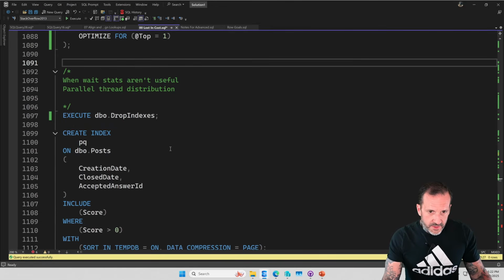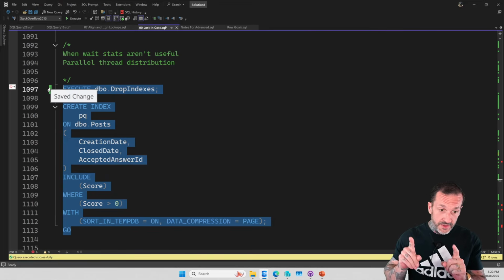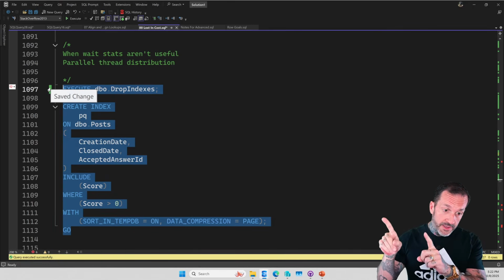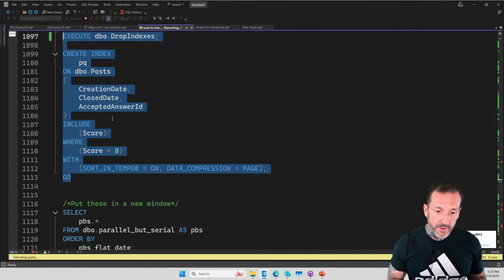Wait stats that you see in the query plan are not useful, though there are other useful places to get them, when you have parallel thread distribution issues. So